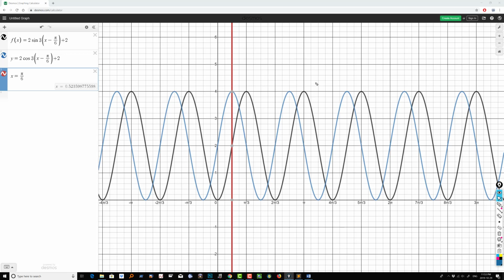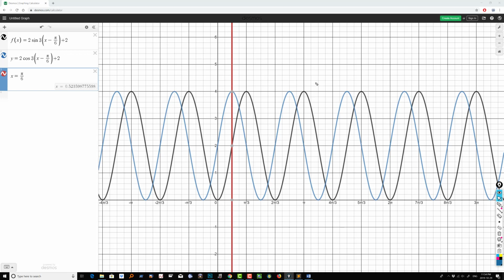Notice how cosine starts from the top and drops down, starting from this red line, whereas sine starts in the middle and goes up. We have to shift this cosine blue graph a little bit to the right, and that little bit happens to be normally pi over 2 units when we're talking about the non-transformed sine and cosine graphs. But because this graph is 3 times skinnier, the pi over 2 divided by 3 now becomes pi over 6